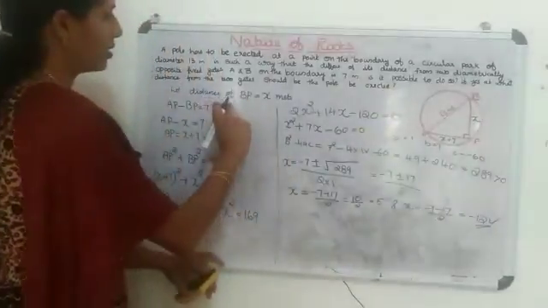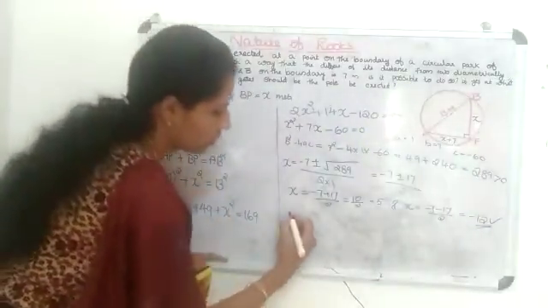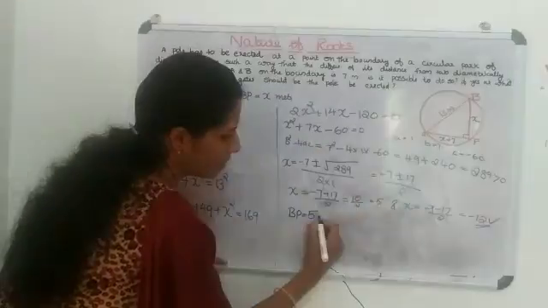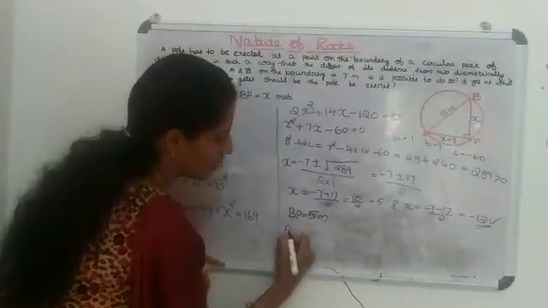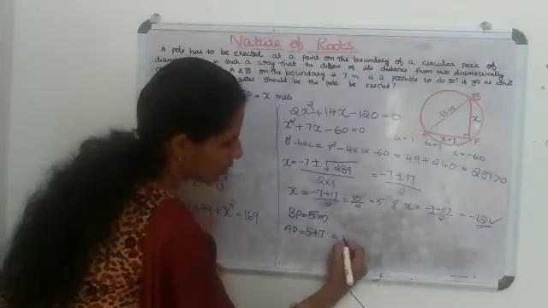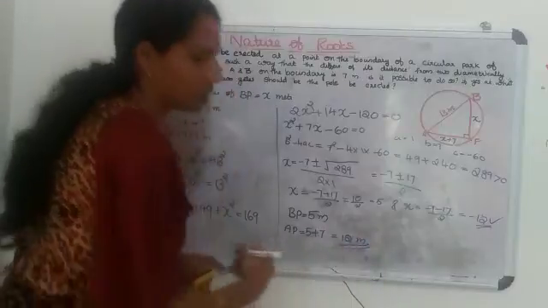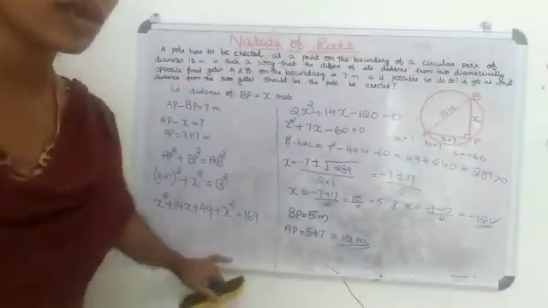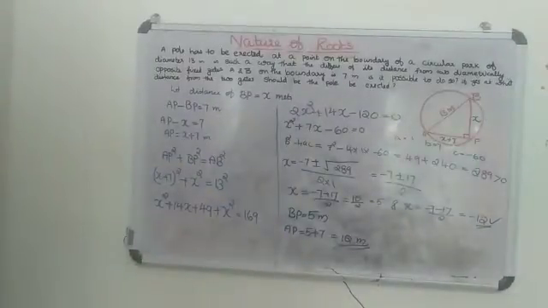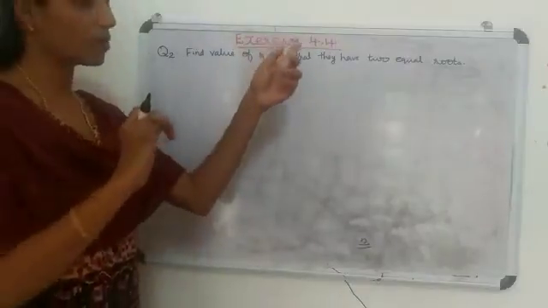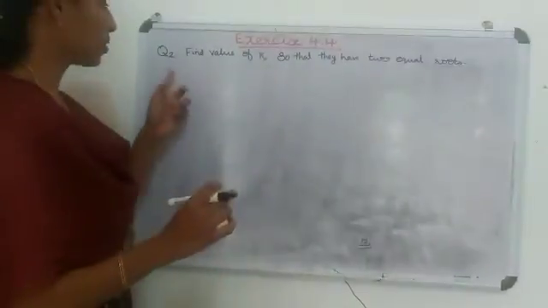So we already assumed BP equal to x. That means BP equal to 5 meter. Then what is AP? AP equal to 5 plus 7 meter, that is equal to 12 meter. This is our solution. Is it clear? Same problem we can do like this. So this will do our exercise 4.4. Some questions in question number 2.